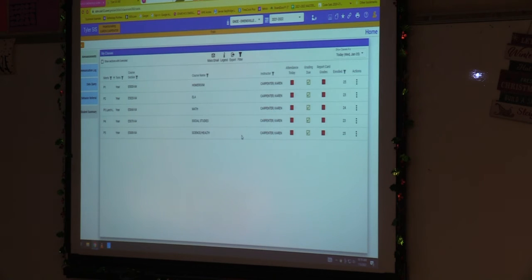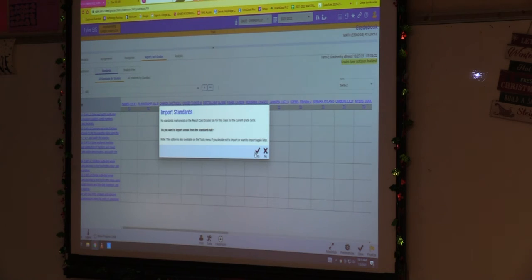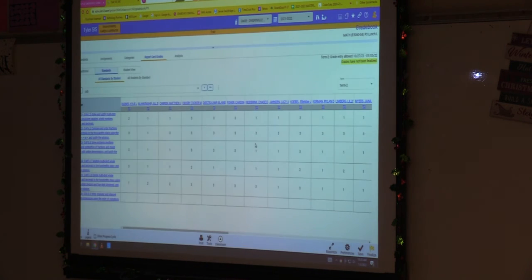Okay, so for the elementary level, when you're importing your standards, to make sure that your standards are importing correctly, you want to click on the report card grades red box. It should bring up a box that asks you if you want to import your standards to the report cards tab. When you click yes, you should then see numbers that align to those standards. Do you see where I am? As long as there are numbers there on that report card grades tab, they will show up on the grade card. So then when you click finalize,